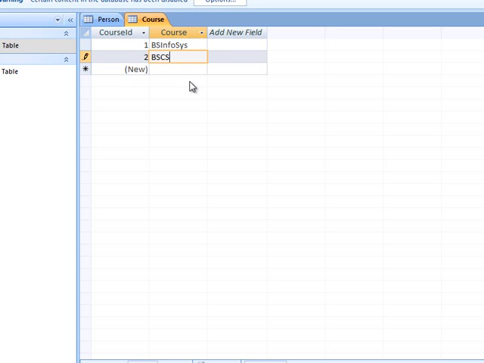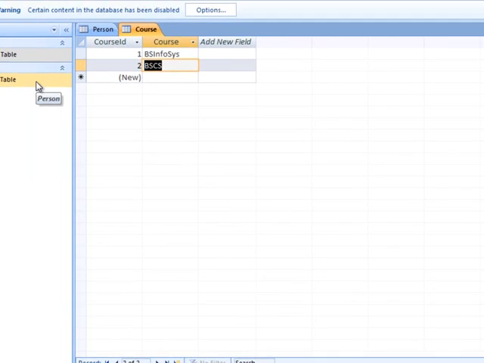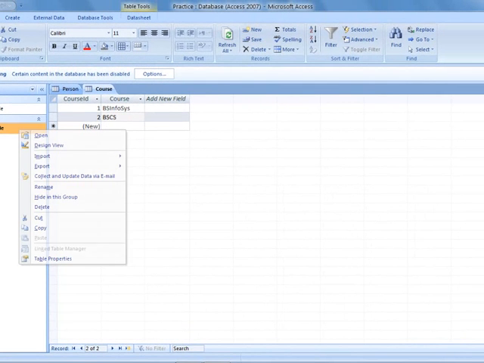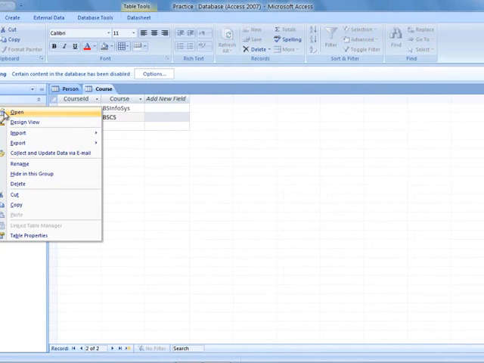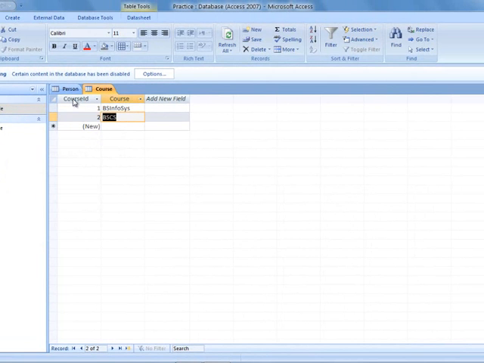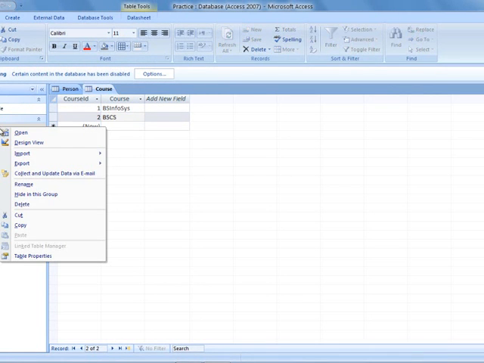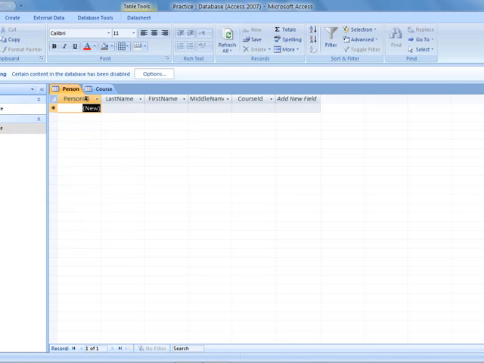That's it. Control S, and this time we put some data on our course table. So open the person table instead. So let's click open.